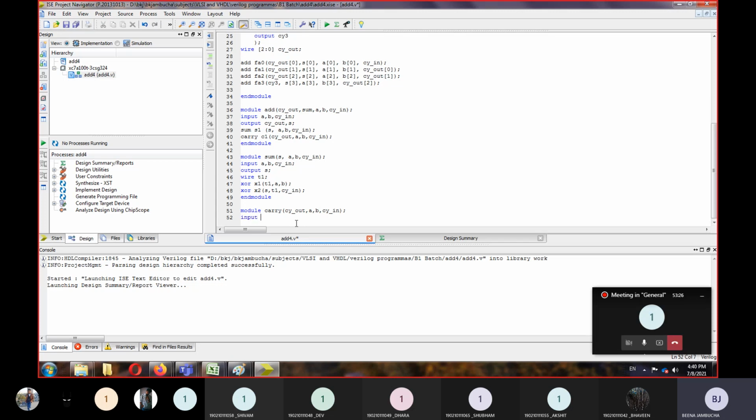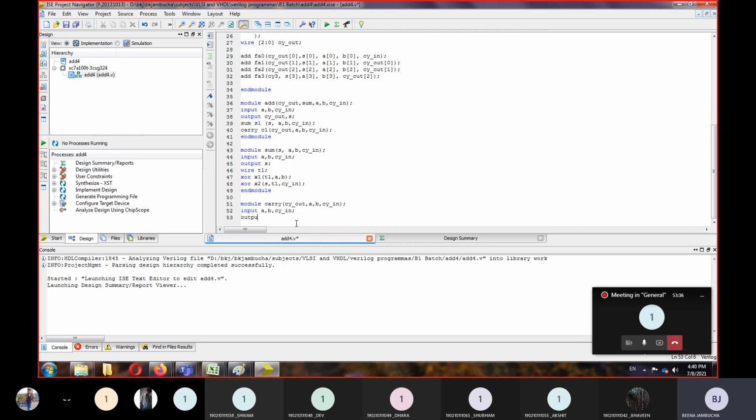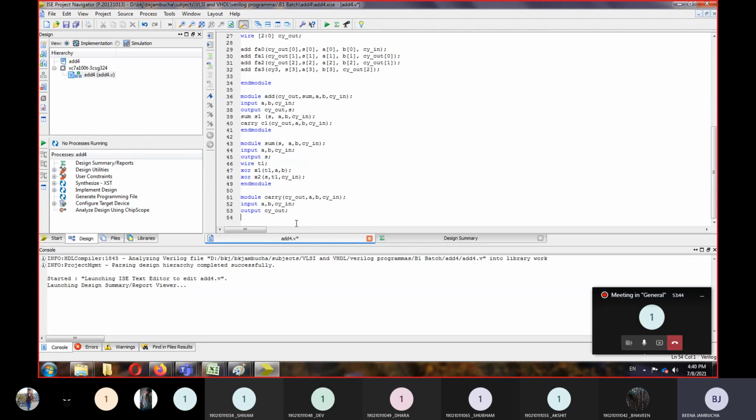So again we'll have to define input A, B, carry underscore in, and output. Now what about the output? Output is carry out. Now we don't want what is sum. Sum तो हमने पहले ही define कर दिया है sum module.